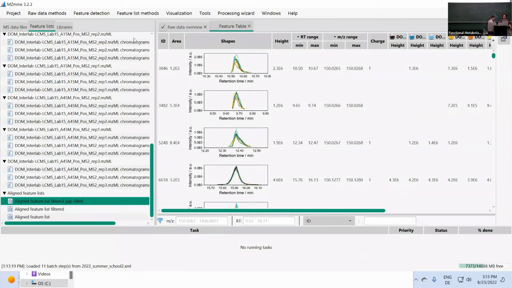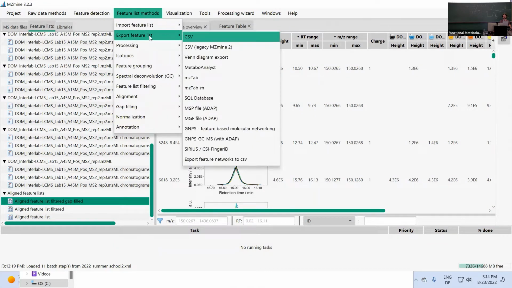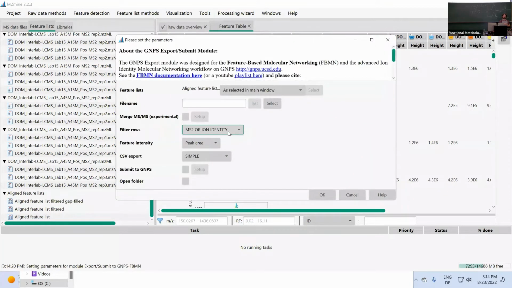But for the downstream analysis, we're now going to export files, and I'm going to do it with the manual steps again. So the aligned feature list gap filled. We select it, we go on feature list methods, and then in export feature list, we have multiple different formats that we support that link MZmine to other tools. The first one is the GNPS feature-based molecular networking format. If you open this one,